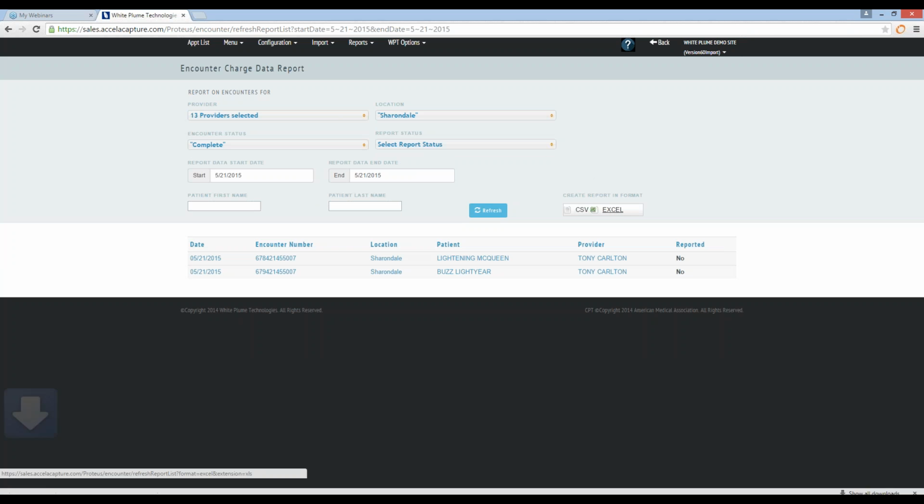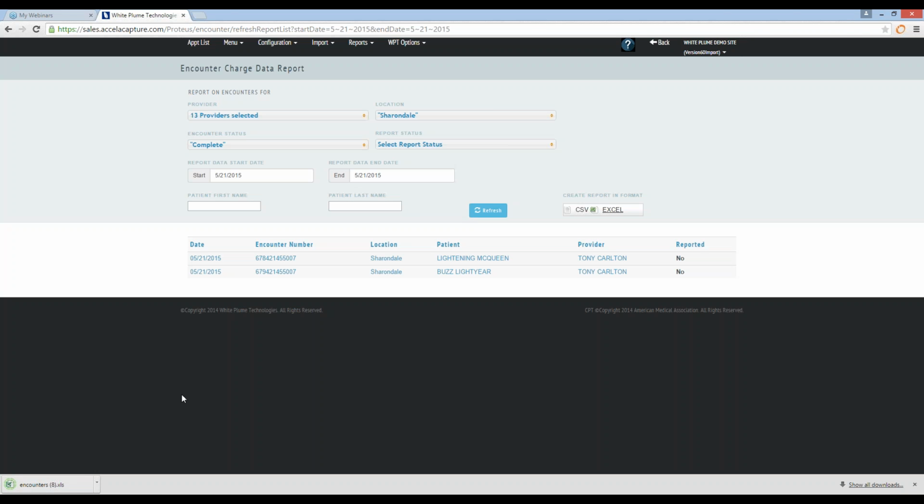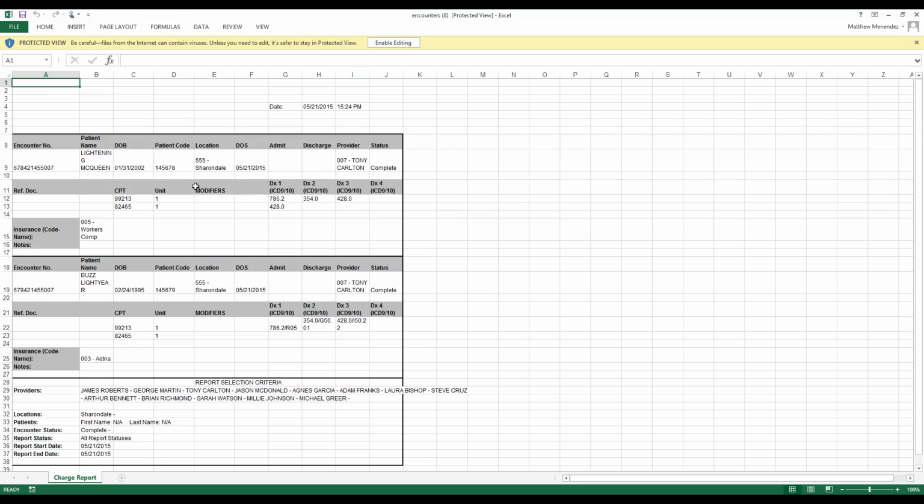So I'm going to create the report in Excel, and what you'll see is it downloads in the bottom left-hand corner of my screen. It creates an Excel file on my machine so that I can then open that report, and what you'll see is I'll get that encounter data. I'll get the patient information, the date of birth, patient ID, the location, the date of service, who the provider was. Then I'll also get the encounter data with the CPT codes and the correct units and any modifiers that were entered with the diagnosis codes that were associated with each line item,